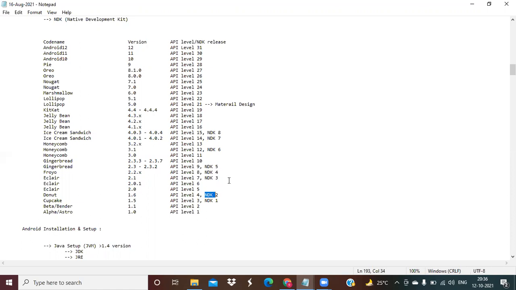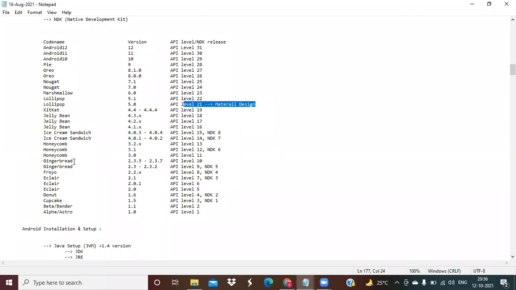So nowadays we are not getting the Native Development Kit. It was stopped from Ice Cream Sandwich. Okay, the latest version is not available. Google stopped it. Everything is coming inbuilt in the SDK only. You need not worry about NDK. Even we are not supporting versions lower than Lollipop of the operating system because of limitations with the material design component.